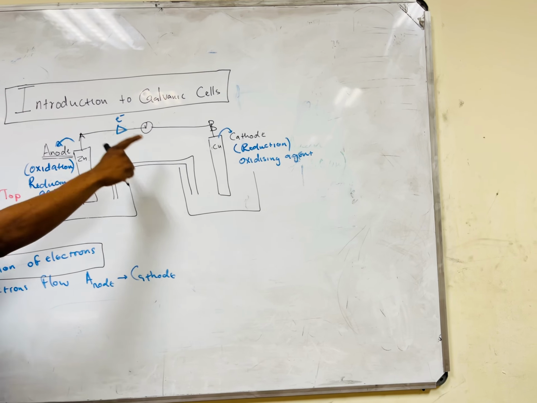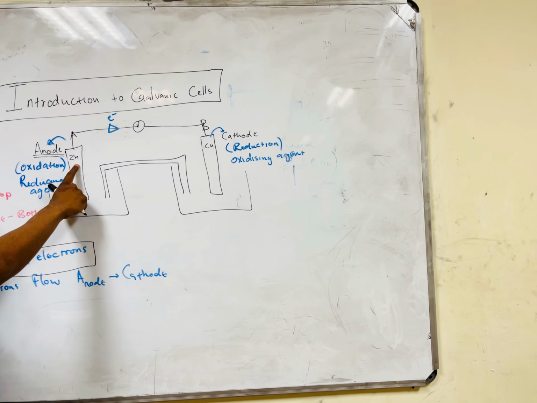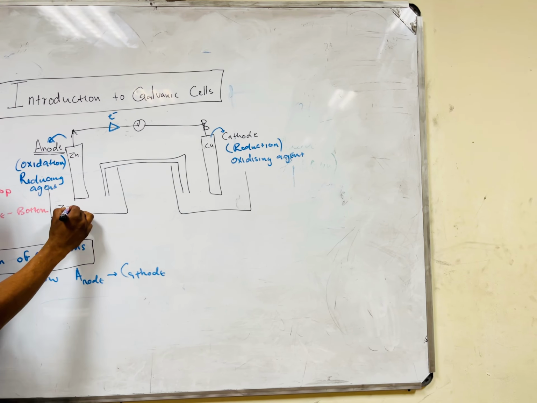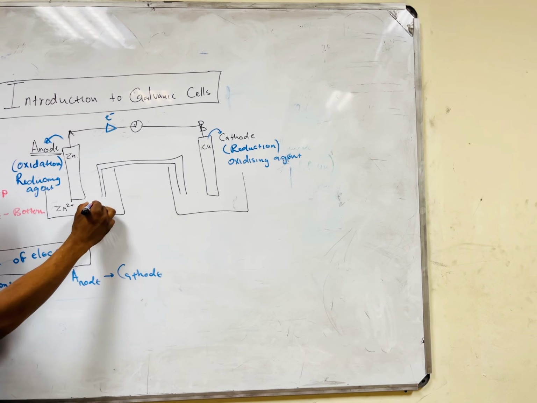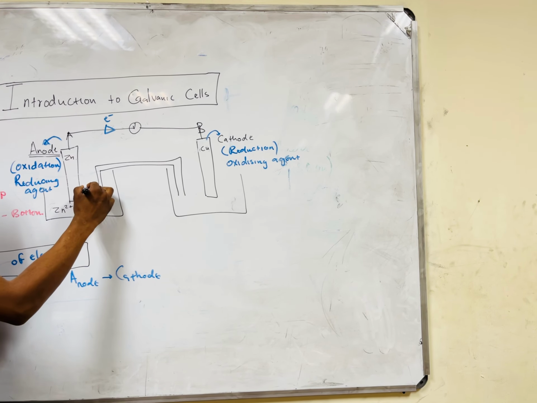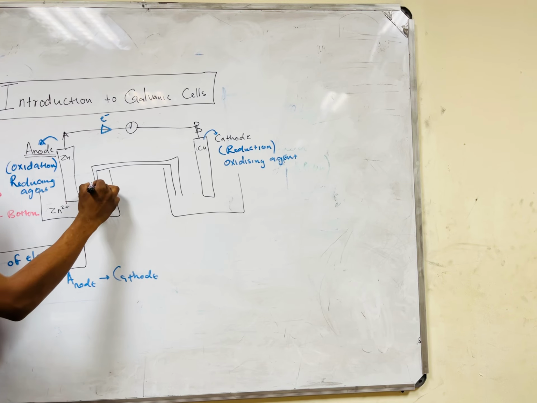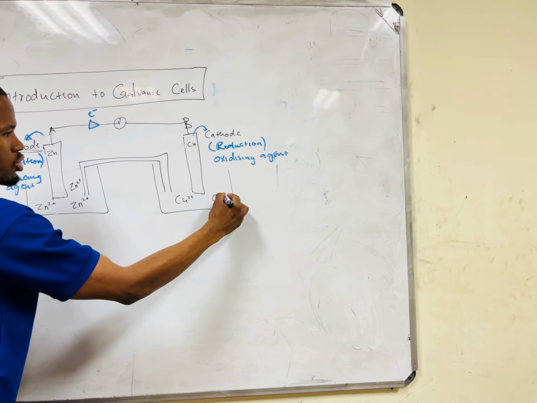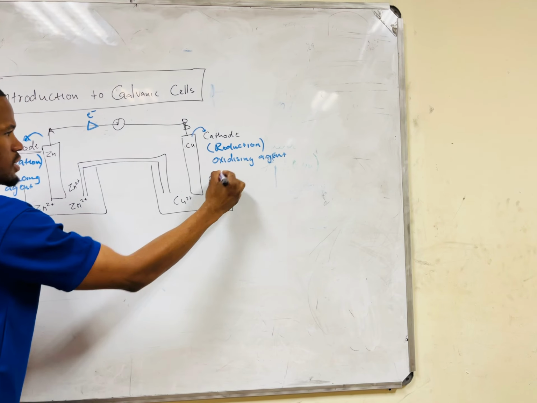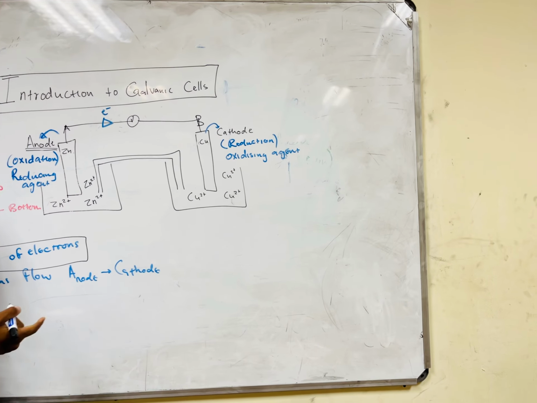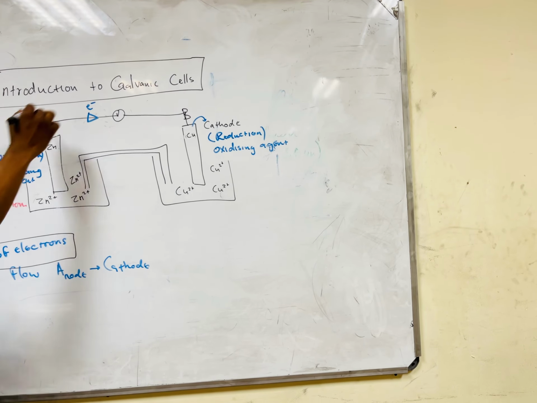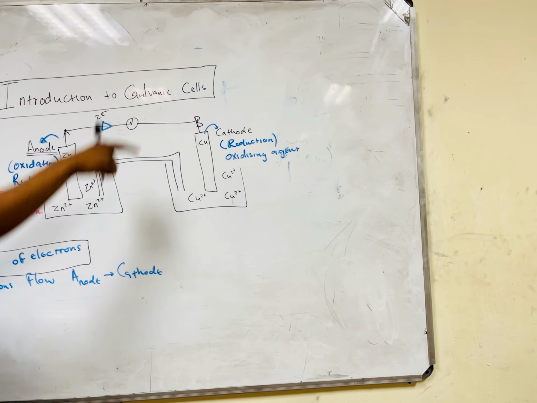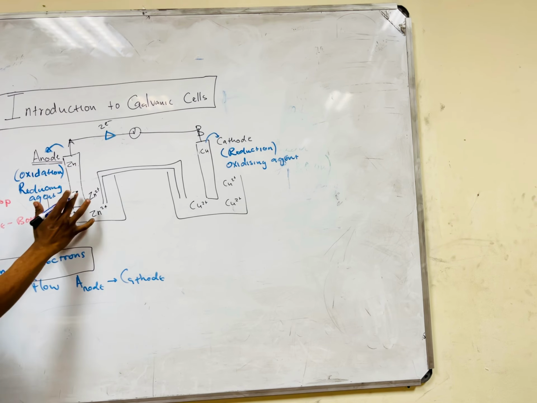It's more like copper is taking away electrons from zinc. As zinc is losing these electrons, remember in the solution we have Zn2+. Even in here we have Cu2+. As the reaction is taking place, if zinc donates 2 electrons to copper, it means